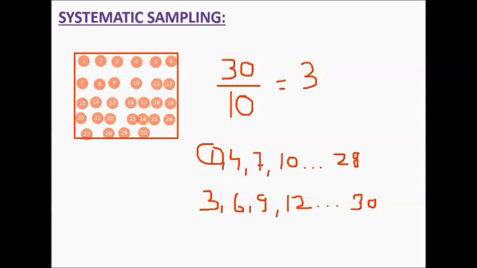There is one drawback in this method. Suppose if you go with this pattern, then you are missing some items in between, like 2 you are missing, then 3 you are missing. For example, if you have manufactured 30 televisions and you have to find out how many defective pieces are there. It may be possible that 2 and 3 are defective, but you cannot detect in this pattern. But yes, in this pattern you can detect one defective television, that is 3, but still you are missing 2. So there is a disadvantage in systematic sampling, but yes, to make it quickly for a larger population, it is very convenient.